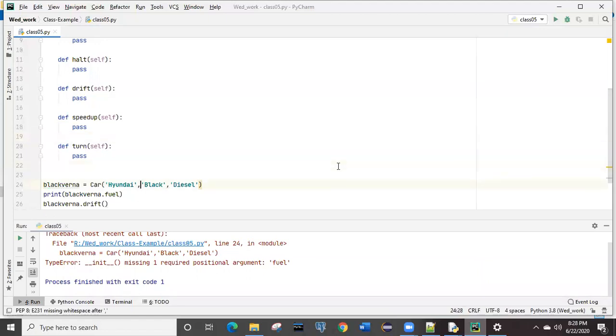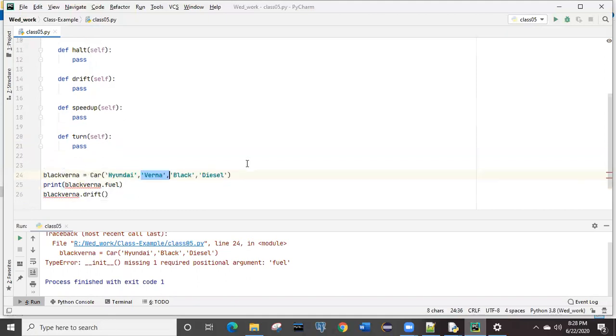There may be a question in your mind that we have deleted this color, but why is it telling me the fuel, the 4th one? Because it doesn't know which argument is missing.